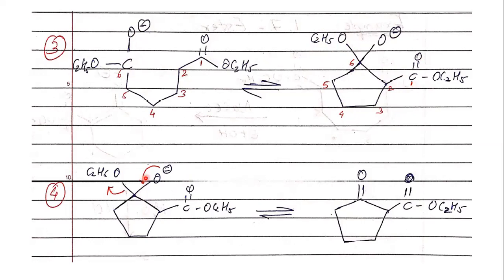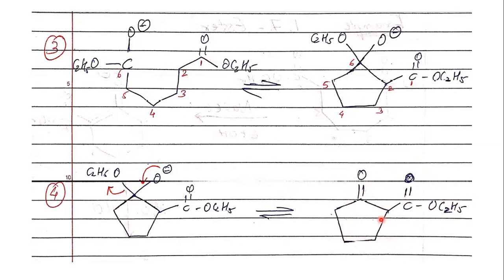Now again there will be rearrangement. The negative charge on the oxygen will come back, forming the double bond here, and your ethoxide, the OC2H5 group, will be removed, just like in Claisen condensation, exactly similar. The negative charge comes back, OC2H5 is removed, giving rise to this compound. This compound is also a beta keto ester. This is the ester group here. Why is it beta? This carbon is alpha, this carbon is beta. Beta has a keto group, so it is also a beta keto ester.